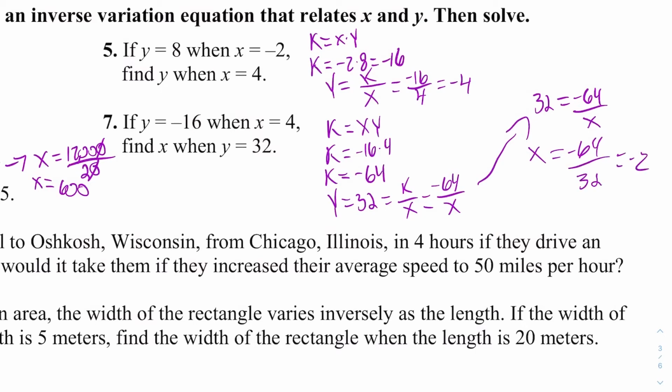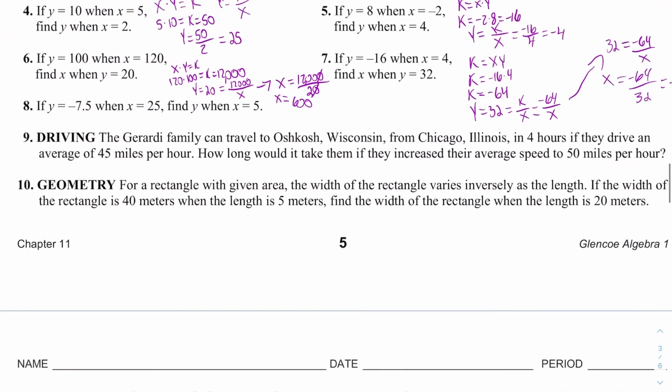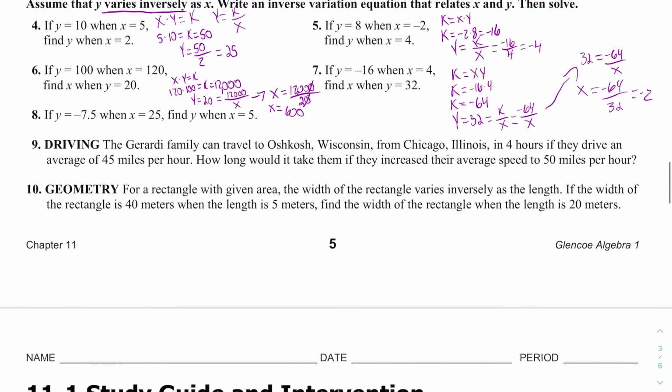And we get that x is negative 2. This person is driving their car, 45 miles per hour. If they increase their speed, how long will it take them? Okay. So,